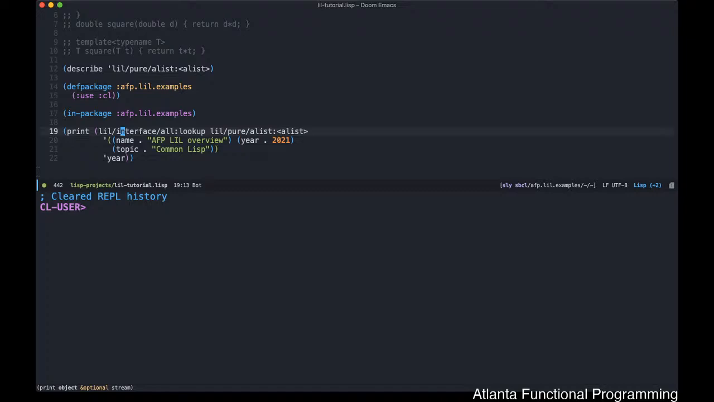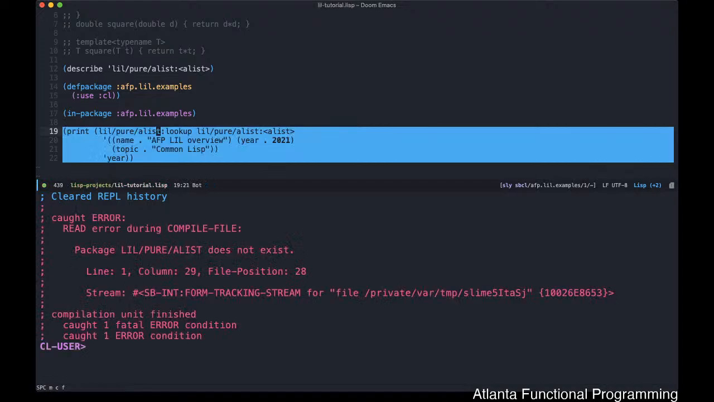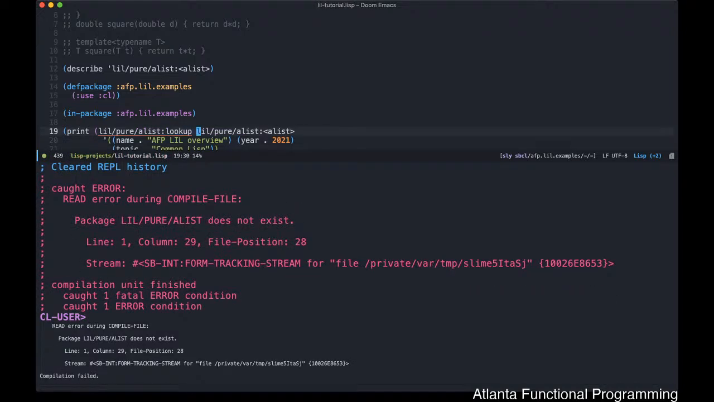Now, a couple of things. Last time, this was originally implemented like pure A-list lookup, and this here. Oops, my apologies. I forgot to load